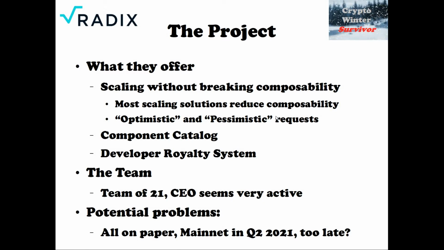They also have optimistic and pessimistic requests, which basically means that their protocol decides whether or not something needs to use multiple smart contracts or not. And if not, it goes pretty much in the optimistic pool and it just goes straight through, and otherwise it goes in the pessimistic pool, and that's for the more complex transactions. Again, look at their white paper. It's a lot better told and explained than I can here.